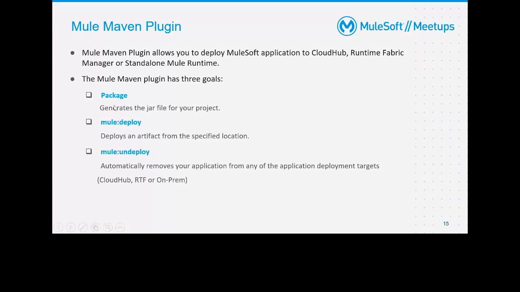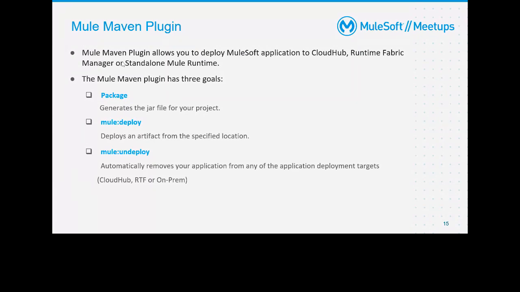First, the packaging: the generation of the jar takes place. If you deploy the code from Anypoint Studio itself, then you upload the jar, and with the help of that jar the code is deployed. Similarly, in the plugin we can do the same, like the packaging of the jar.